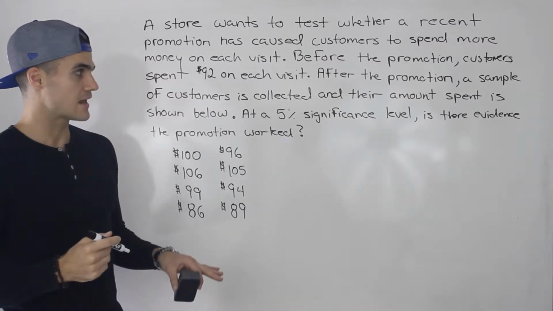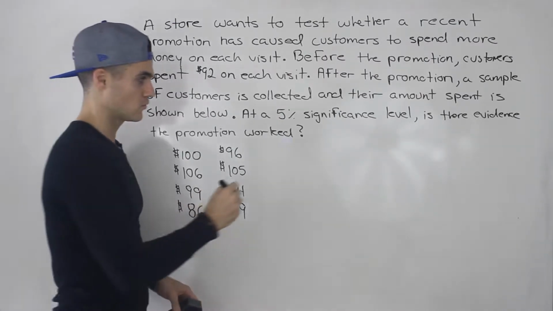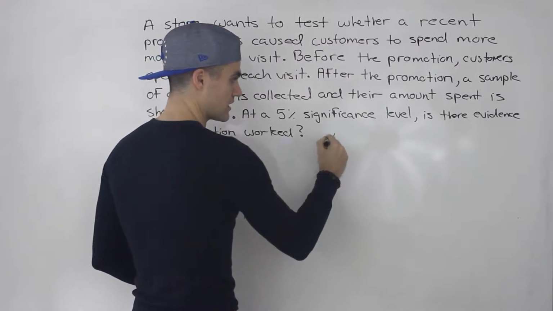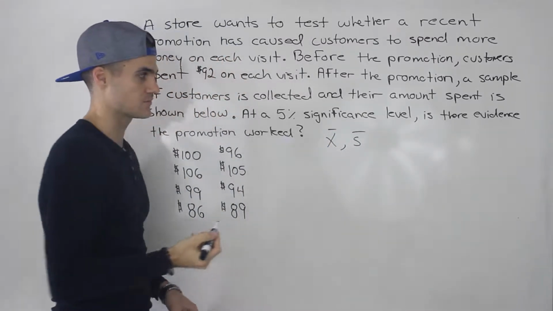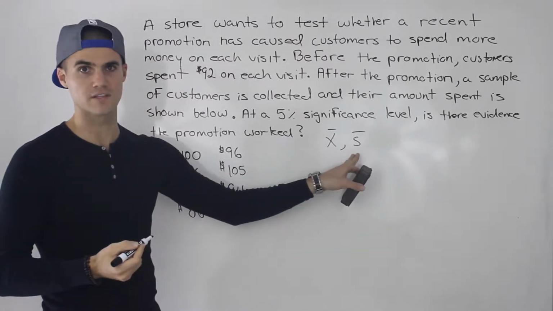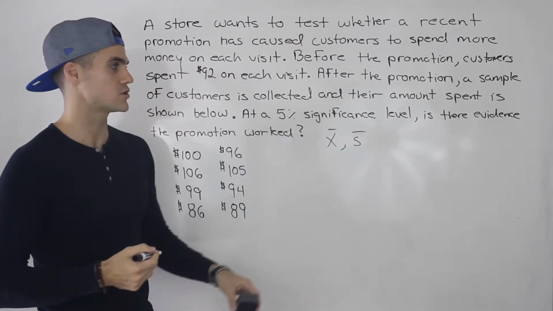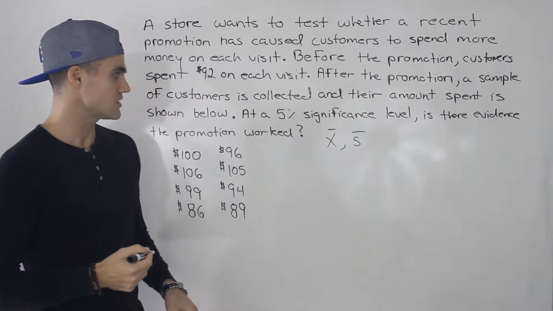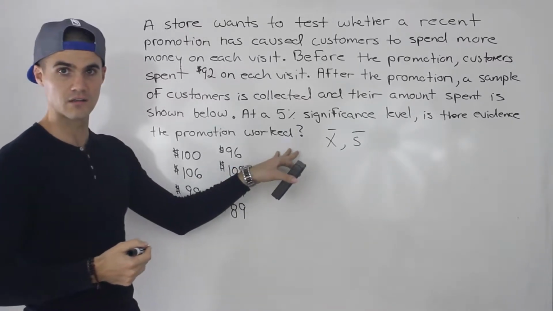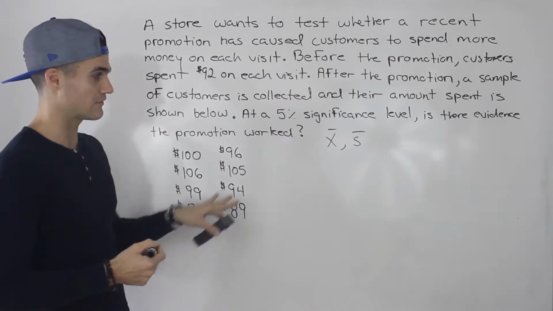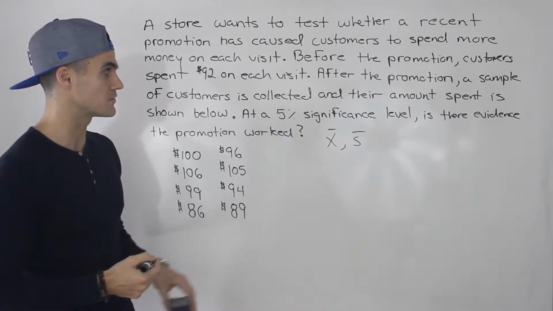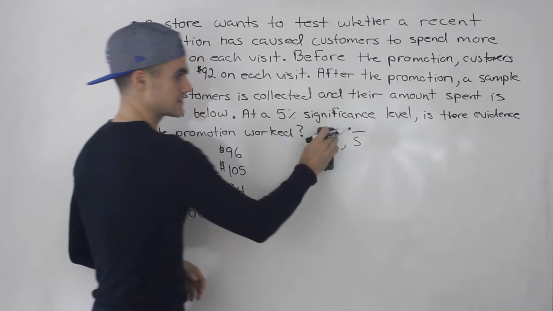So notice that in questions before, we've been given the sample mean and the sample standard deviation. Sometimes we haven't been given the sample standard deviation if we were given the population standard deviation. But notice in this case, we're not given the actual parameters, we're given the actual sample data. So we're gonna have to find those parameters ourselves. So before we get into that,